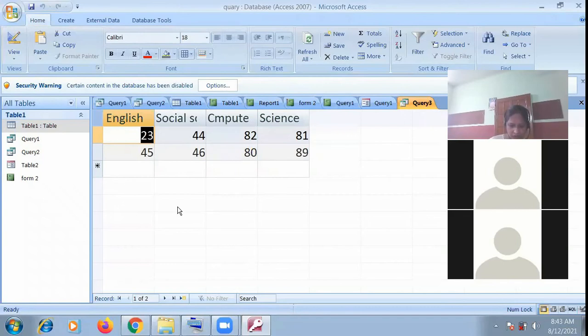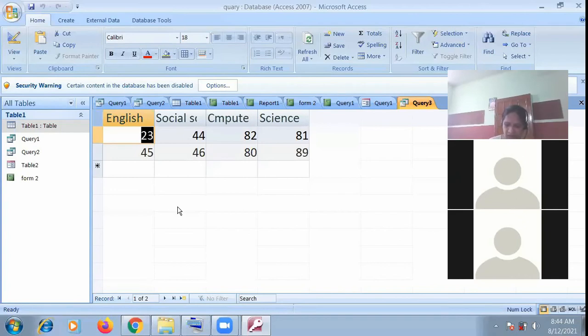Now let me show where it is given. Here in the fourth point, you can see a query is used to retrieve selective data based on specific criteria from one or more tables.